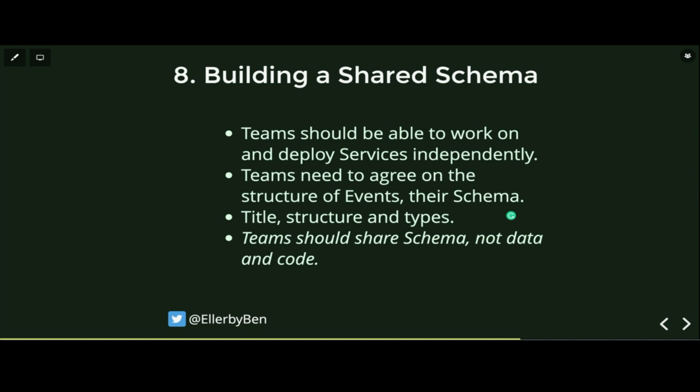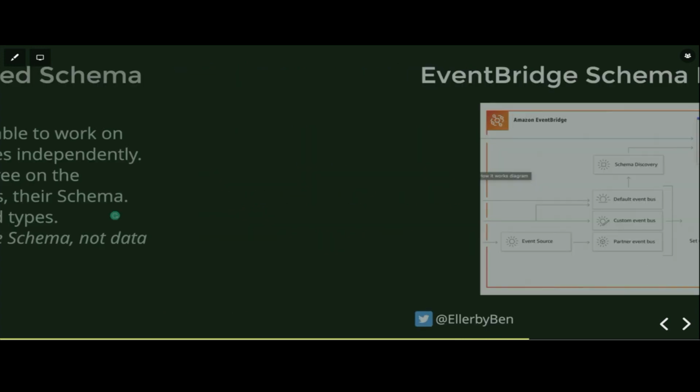Teams should really focus on sharing this formalized schema, not sharing data and not sharing code, and also not sharing API interfaces. We don't necessarily want teams to be calling each other through an API synchronously a lot. We really want them to publish events for the things they do and listen to events for the things other teams do, maintaining their own data about what's happening and executing their own computation about what's happening.